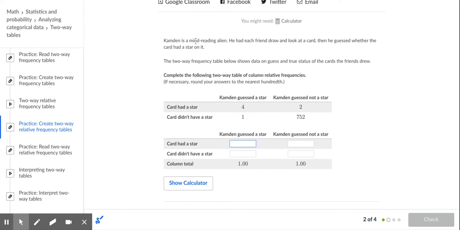So Comden is a mind-reading alien. They just really like the fantasy sci-fi stuff in this section. Anyway, he had each friend draw and look at a card. Then he guessed whether the card had a star on it. In a two-way frequency table,